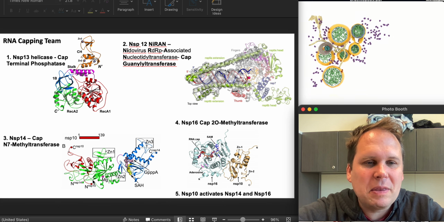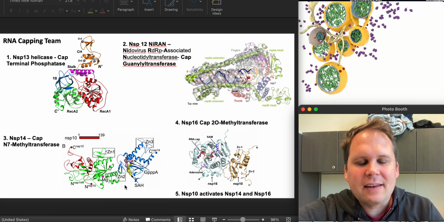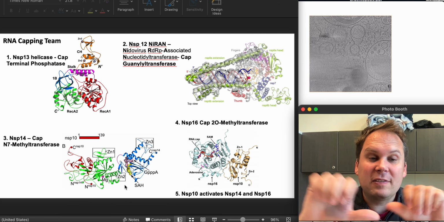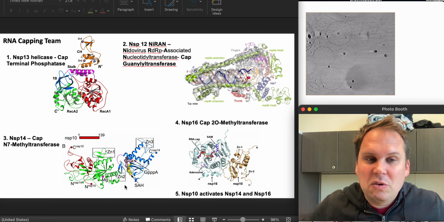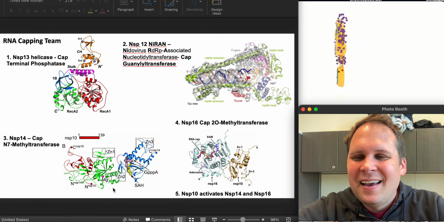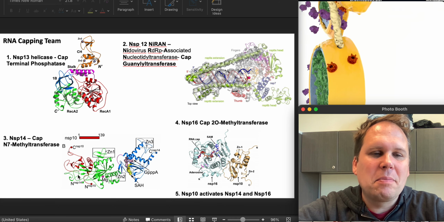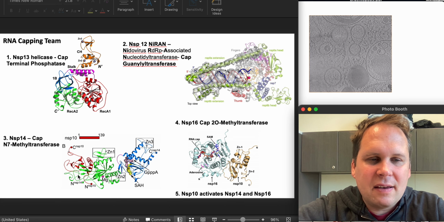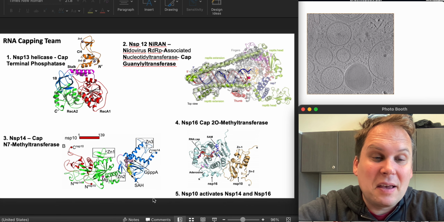That domain is going to be the proofreading domain. And then this bluish domain at the end, that is the one that is actually the methyltransferase. So NSP14 has two distinct domains that do two totally separate jobs, actually at two slightly different stages of the replication process. So neat. Yeah, and the protein is just going to be sitting there right next to the polymerase the entire time, so that it can do proofreading. And it just so happens that it brings along a capping enzyme attached to it.